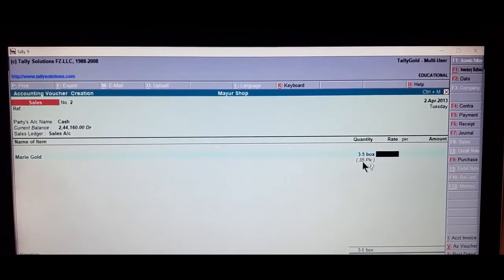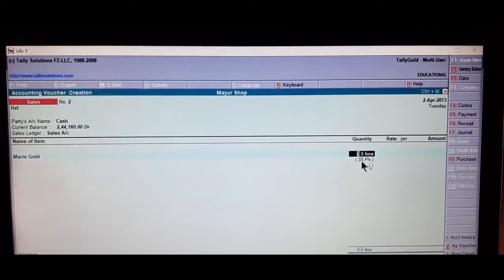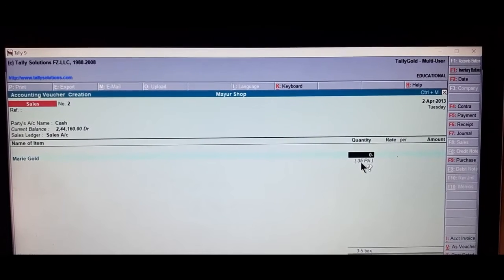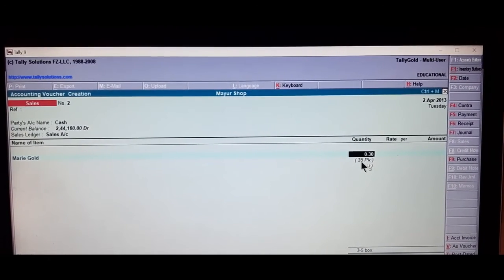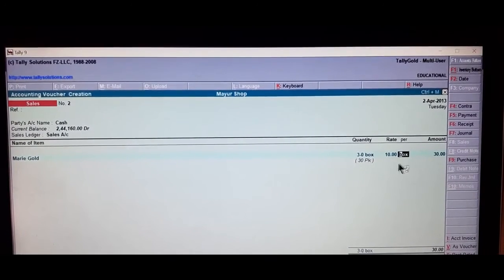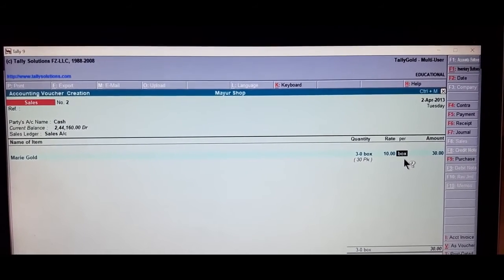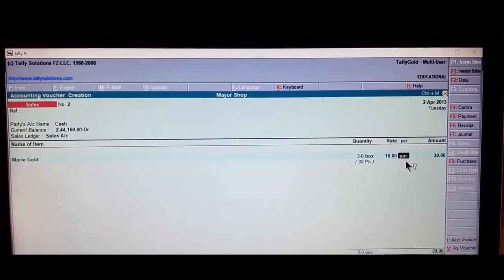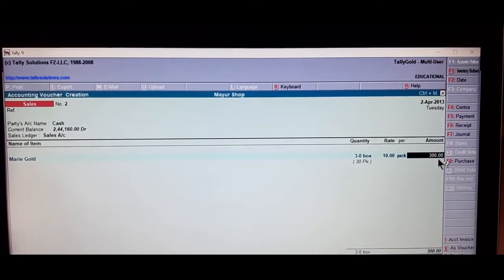But as per the question given, we have to mention here 30 pack, 0-30. Rate per pack is 10 rupees. Box will come. This has to be changed to pack. Later the amount will be changed.